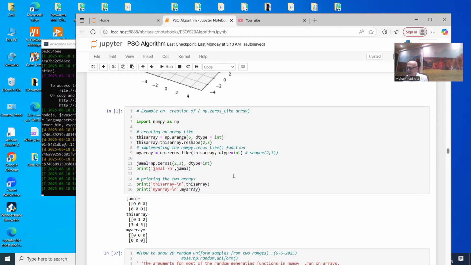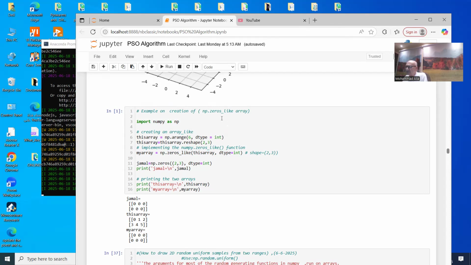So this will be an array of values representing the velocities. The most important thing here is that the dimension of the created array must be exactly the same as the dimension of the particles, because every particle will have a specific value of this velocity, so they should have the same